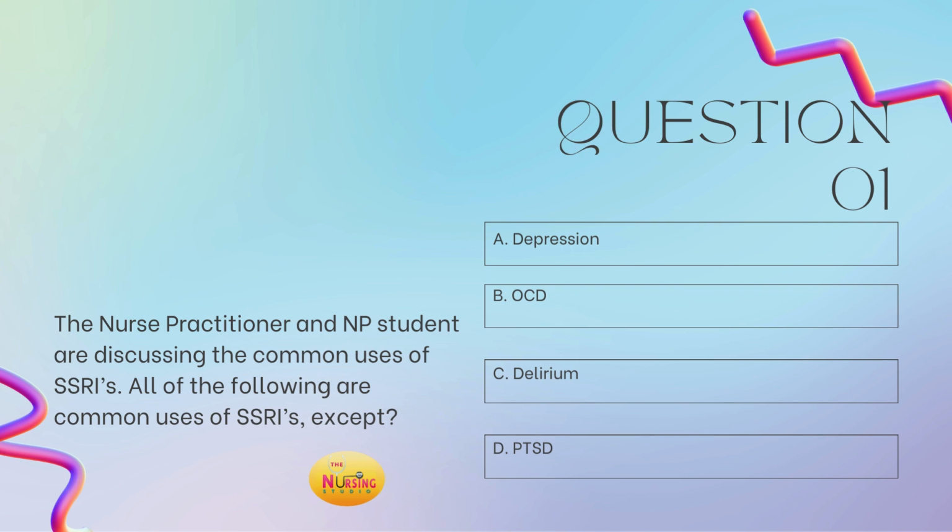SSRIs are commonly utilized, we know, for depression. Sometimes they can be utilized for anxiety. They are utilized for OCD. They are utilized for PTSD. They can also be utilized for bulimia. So just be familiar with it. And I'm going to do more on meds because I get a lot of questions from you guys. And a lot of times when I'm doing my one-on-one sessions, this is y'all's biggest concern. So you'll see me incorporating more of these. I know you've seen some pharm things, but we'll do some more. Okay.